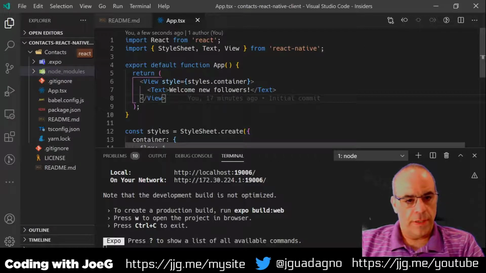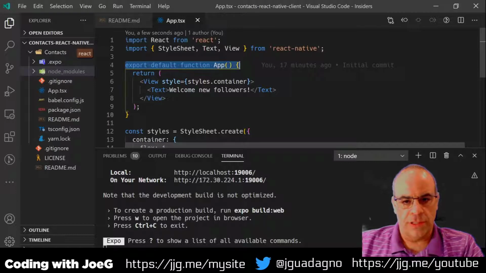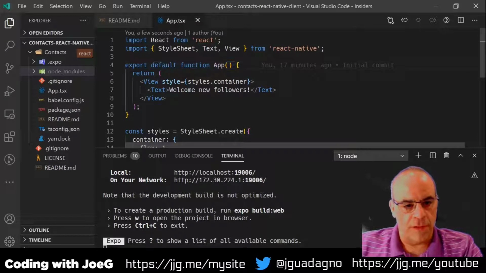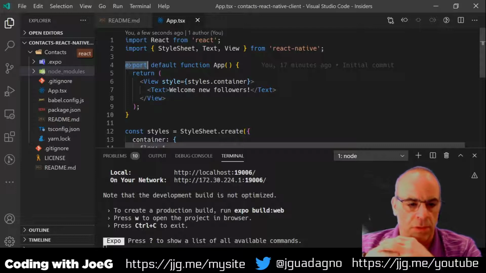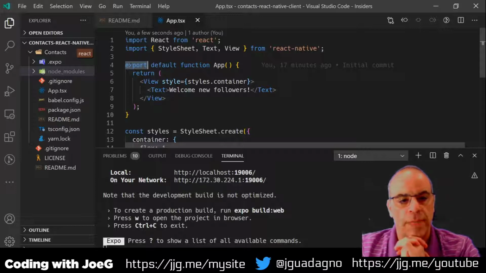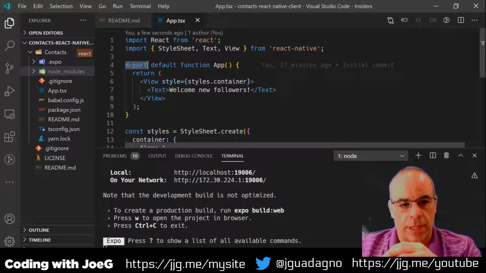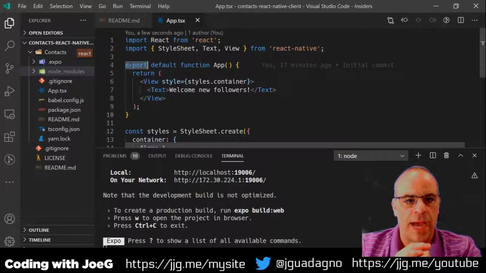Now the next part is the actual class definition. There are lots of different things on this line because it's doing a couple of different things. We'll start off from left to right. First, we're doing export, which says make this available, essentially, in the C# world, it's the public saying I want others to be able to see this. Default, I'm not 100% sure on the definition. The way I remember it, or the way I think of it, is this is the primary application or the primary function in here. If someone just refers to app.tsx,